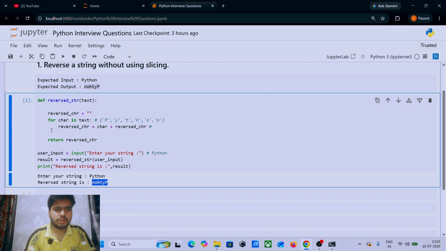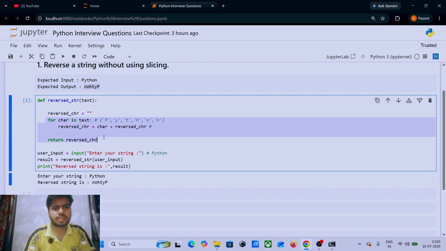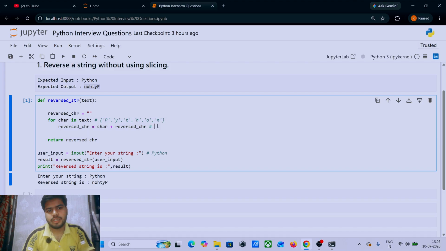And how does it run? It is running character by character. In the initial stage, it comes up as p plus the blank, because at the initial time I put it as blank.